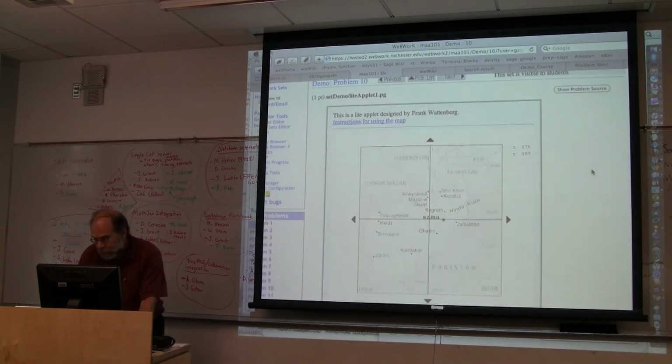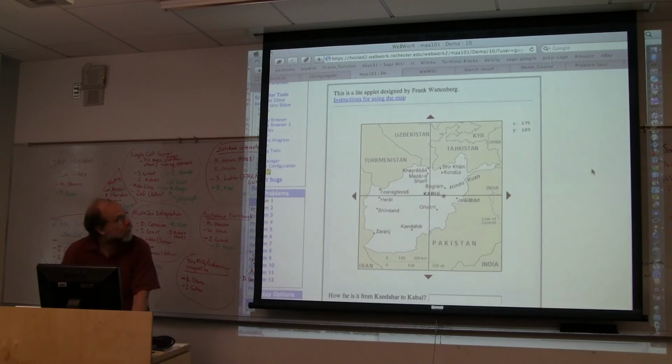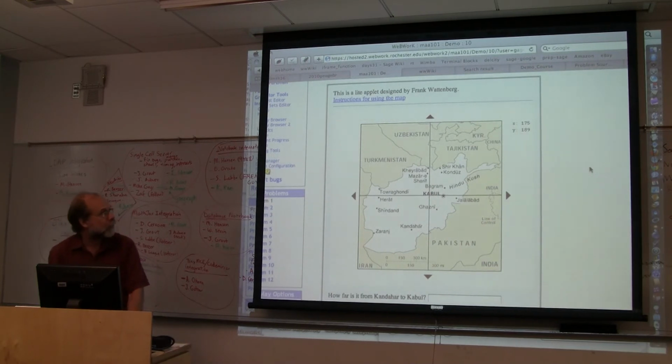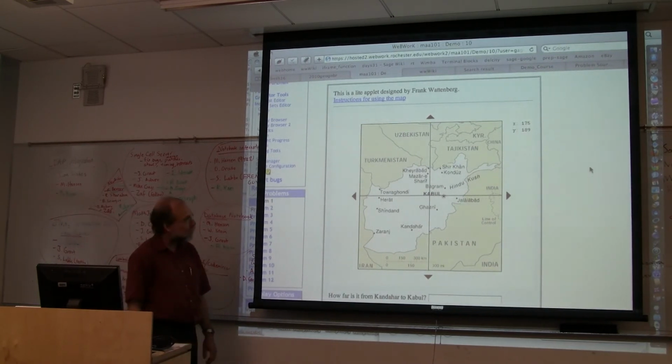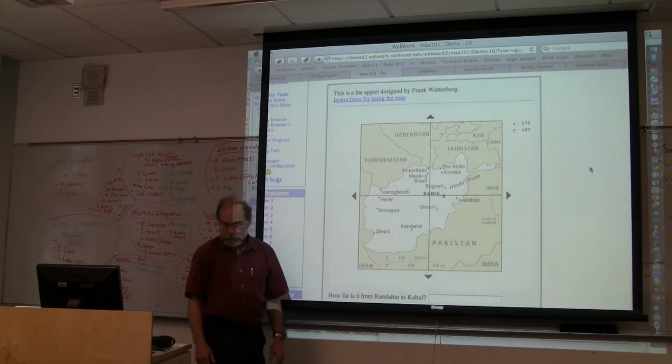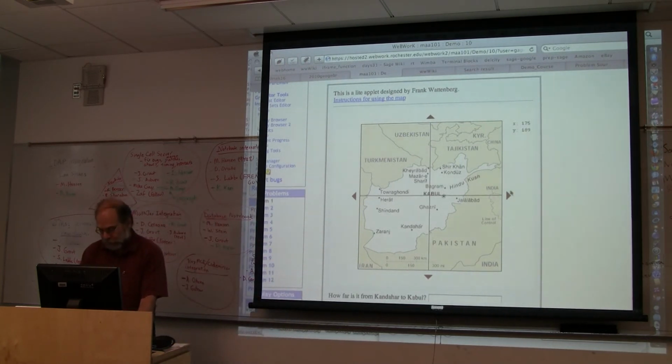There's an example of embedding an applet in the page. This was by Frank Blackberg. This is what's called the light applet, and this is an idea that I really like. It hasn't been utilized enough. The only thing that the applet does is present a picture, and it allows you to move this cursor around. It's a little 2D interactive thing, and you can see where the X and Y pixels are up here.